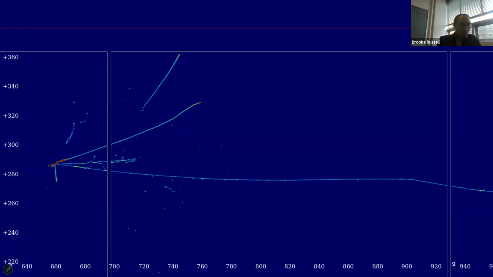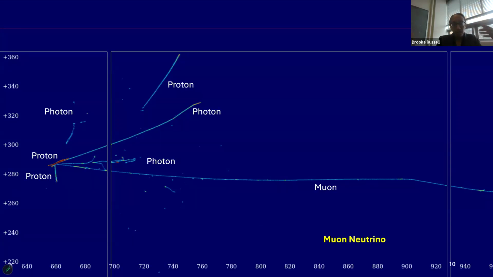I should note that we don't see the neutrino. The neutrino is chargeless, but we infer its presence through its interaction with an argon nucleus, and we measure the products of that interaction. So this particular interaction is a muon neutrino charged current interaction. We know that because we can identify the long muon track. And then we measure by calorimetry the other final state particles in this interaction. And through machine learning and advanced reconstruction techniques, we can resolve the neutrino energy by making these measurements.